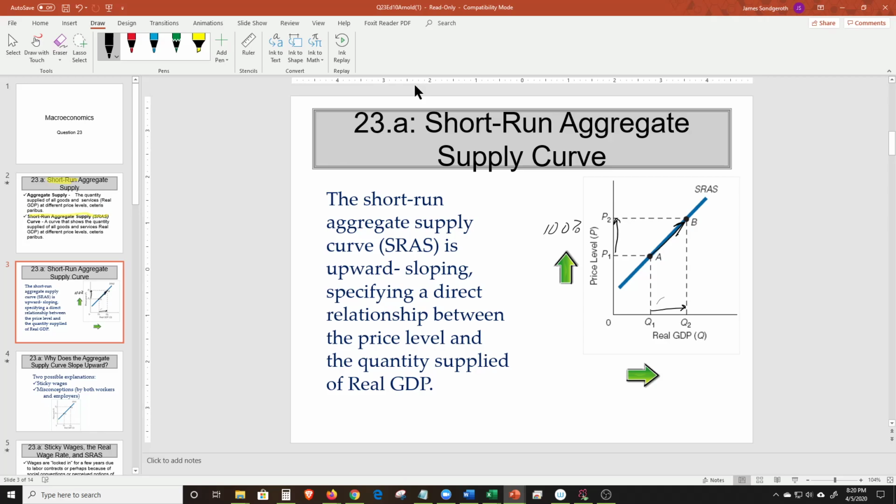Double them, everything doubles. Well, that would mean that the opportunity cost of each good in terms of other goods